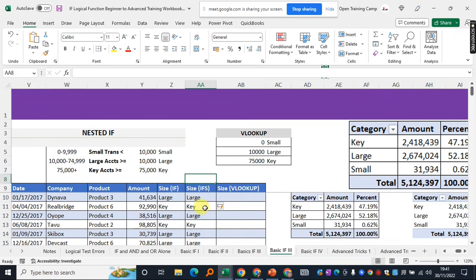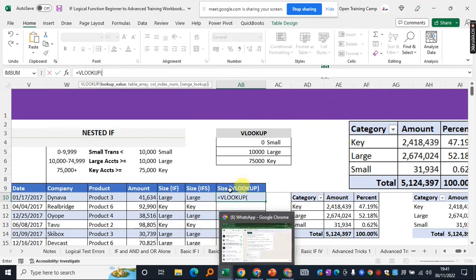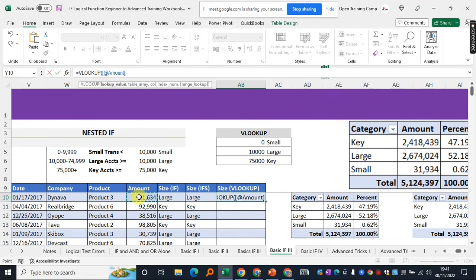So you can see the ifs function is also delivering the same value, like we actually used in the nested if example. We also get the same categorization. Alternatively, we could also use the VLOOKUP. So you come in here and say equals VLOOKUP, and the lookup value this time will be this value. The table array will of course be, I selected this range to work as my table array, which I again lock, and the column index number, or the column that contains our categorization, is column number 2 in our entire lookup array. So I'll put a 2 in here, and the range